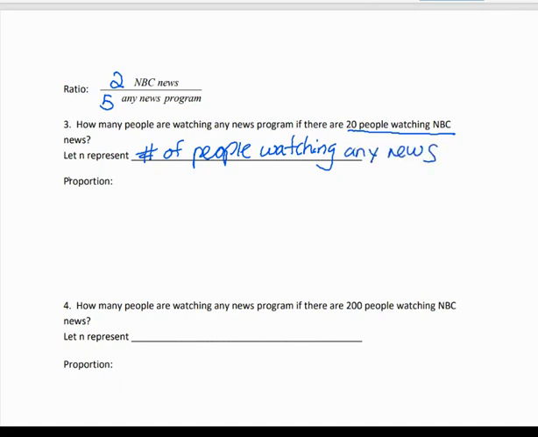And this time we know 20 people are watching NBC. So everybody should have the first half of this correct. What comes first in my proportion? Good. Max is the only one answering things. So Max is going to get 100, but what about everybody else, right? Come on. So 2 NBC over 5 any news